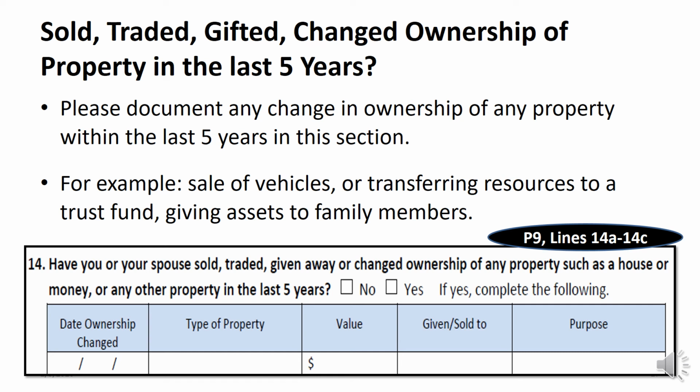Gifting, selling, or transferring property for less than fair market value can result in a period of ineligibility for long-term care coverage. So, for example, programs like nursing facility, HCBS, or PACE. The KDHE eligibility team must look back for transfers within the last 5 years. For a nursing home, the amount of penalty divided by about $5,000 equals the number of months where the person would not be eligible for nursing facility coverage.